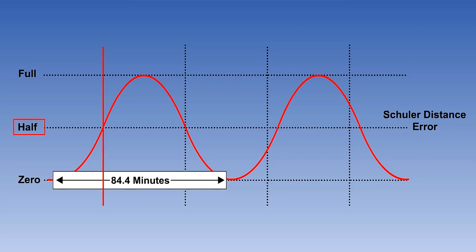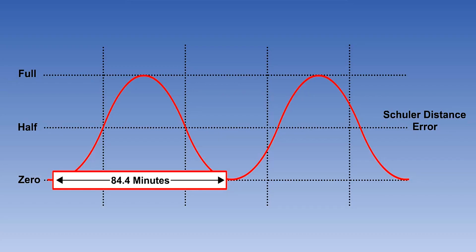It is sinusoidal in form. Two cycles of oscillation are shown in this picture. But in practice, the oscillation will continue until the INS is shut down at the end of the day. The distance error starts at 0 at the moment of selecting Navigate, then increases to half of its full displacement after a quarter of a cycle, reaches its fullest displacement at the halfway point of the cycle, then reduces back to half displacement at 3/4 of the way through, and finally reduces to 0 at the end of the cycle.